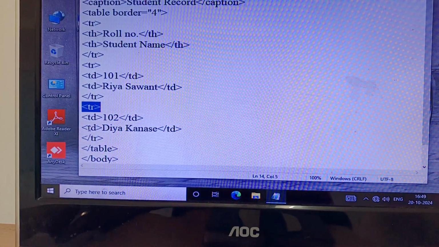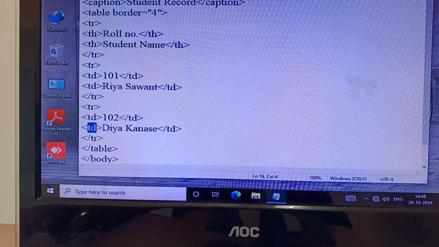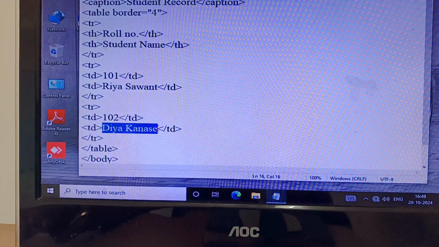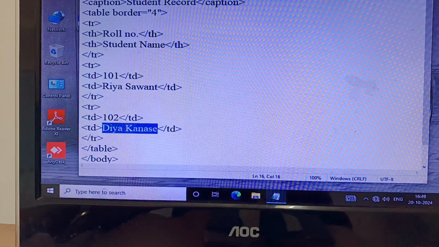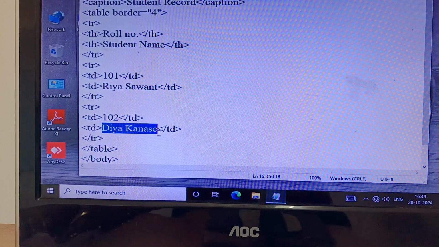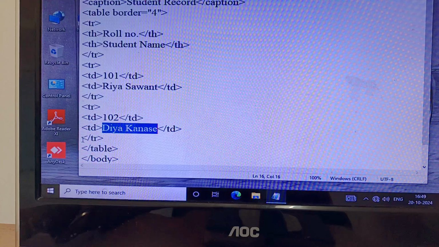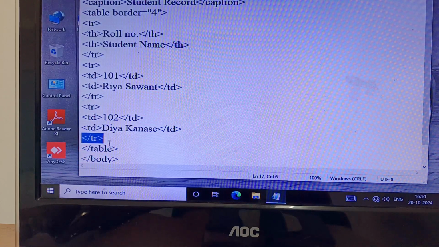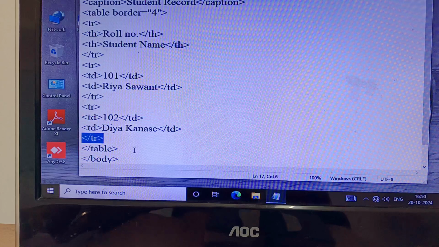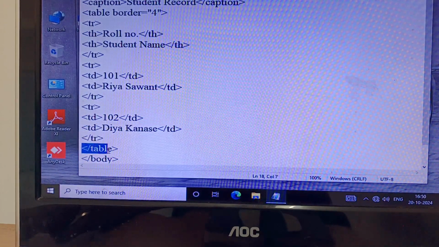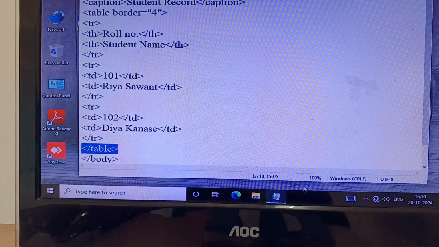Then the next td starts and the name of the student, Diya Kanse, I have typed here, and end of this td tag. After this Diya Kanse, my third row is also over, that is why I have ended this tr tag here. Now my entire table data, filling the information in the table, is over, that is why I have ended the table tag here.